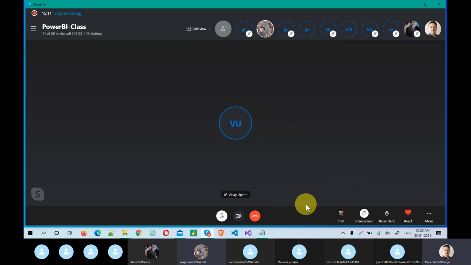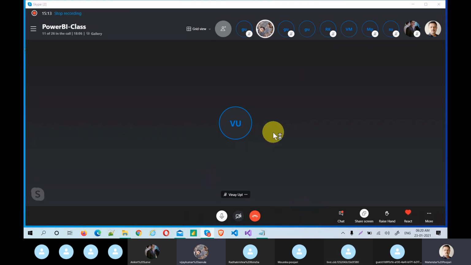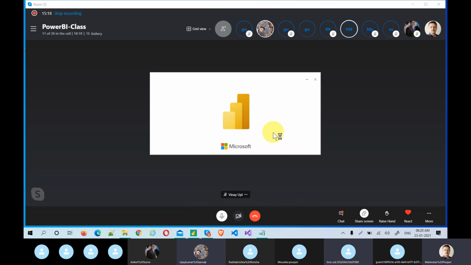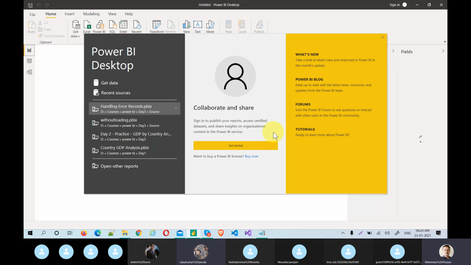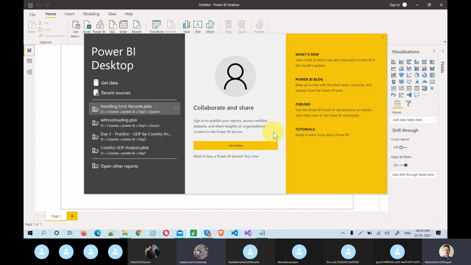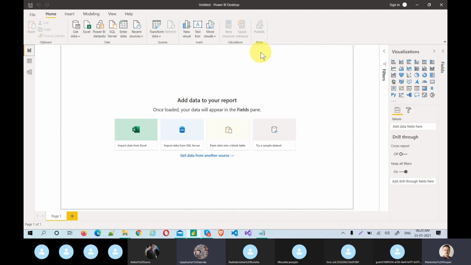Now, let's reopen a fresh PBIX file. Today we are going to handle the data cleaning part. One of the most crucial steps is the query editor. We need to understand a lot of things: how to replace the errors, how to format the data, how to rename, all those things. I'm just closing this as it is a default one.